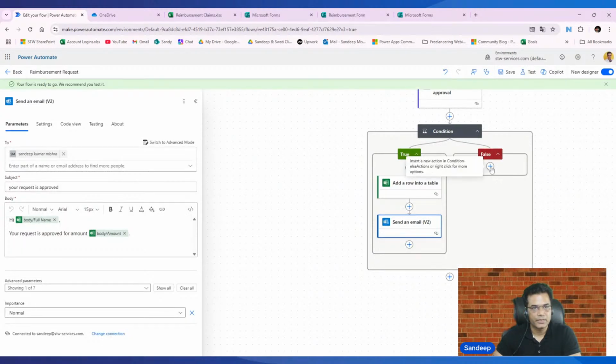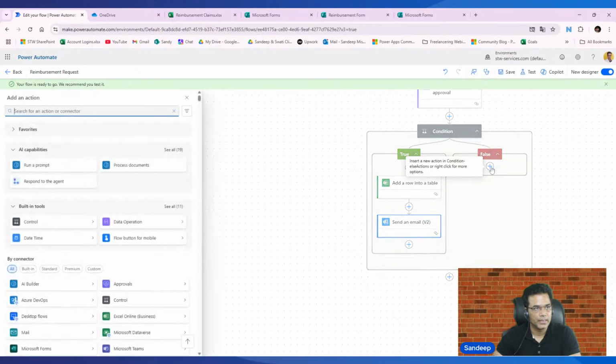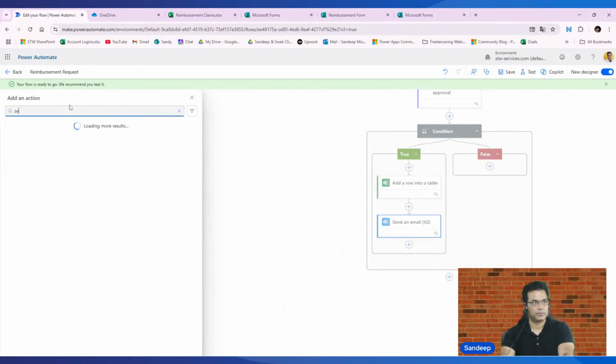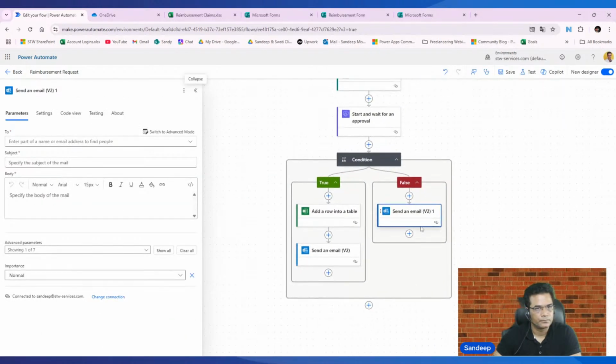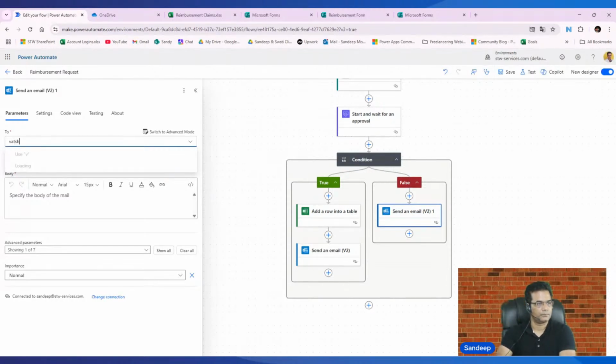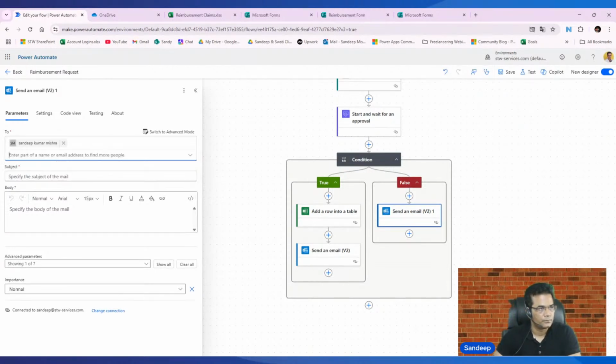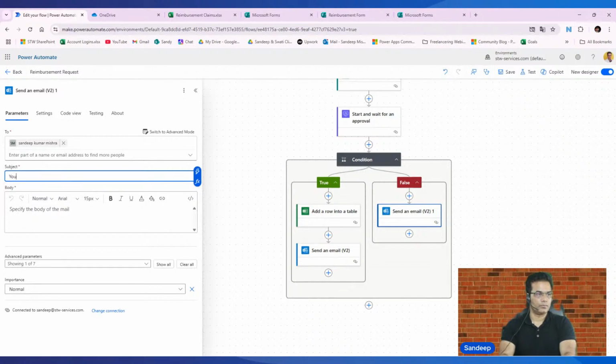In case the condition is false, again we'll send an email. So we'll add the action, send an email, and you will use the subject: your request is